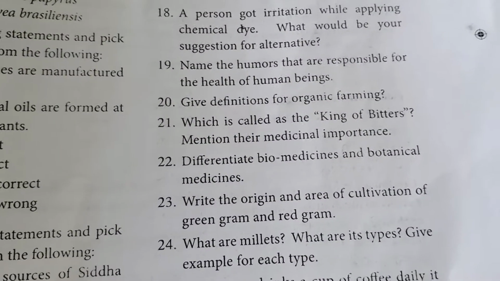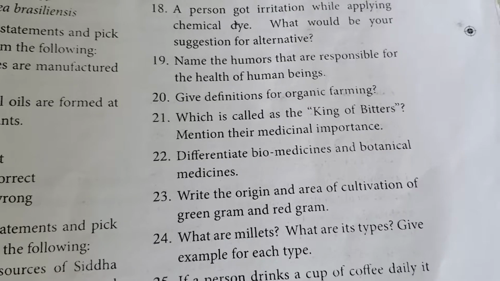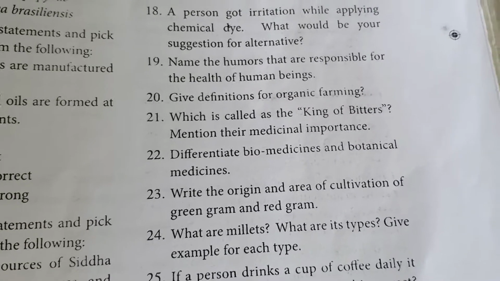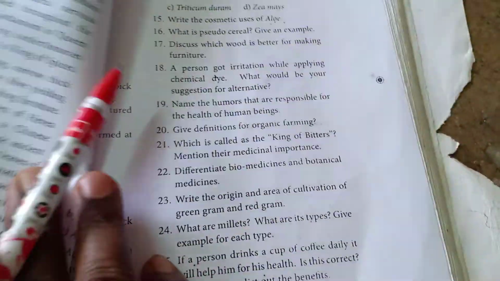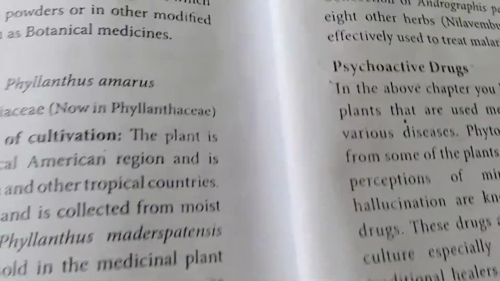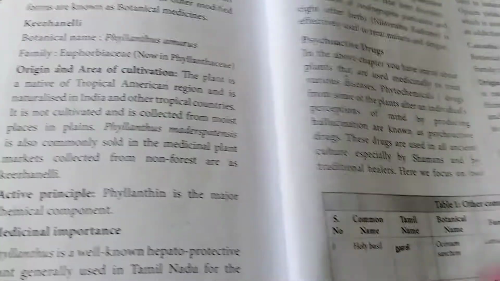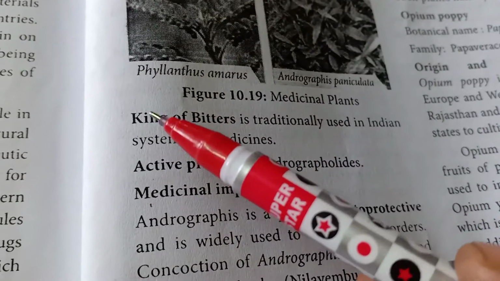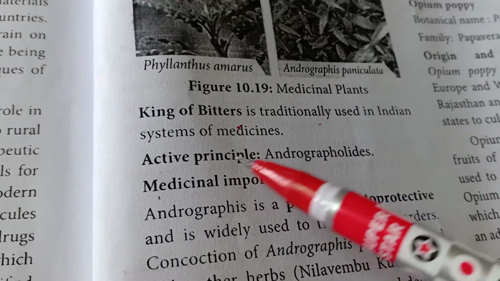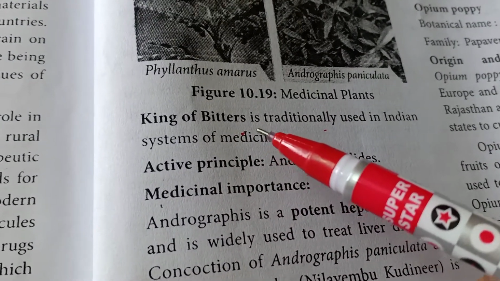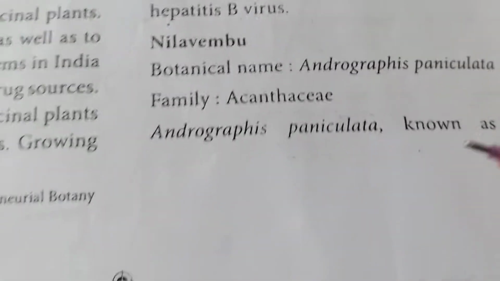Which is called as the king of bitter? Mention their medicinal importance. King of bitter, the most bitterest. So which plant is it? They have asked you which is called king of bitter. King of bitter is traditionally used in the Indian system of medicine. Who is this king of bitter? It is nothing but